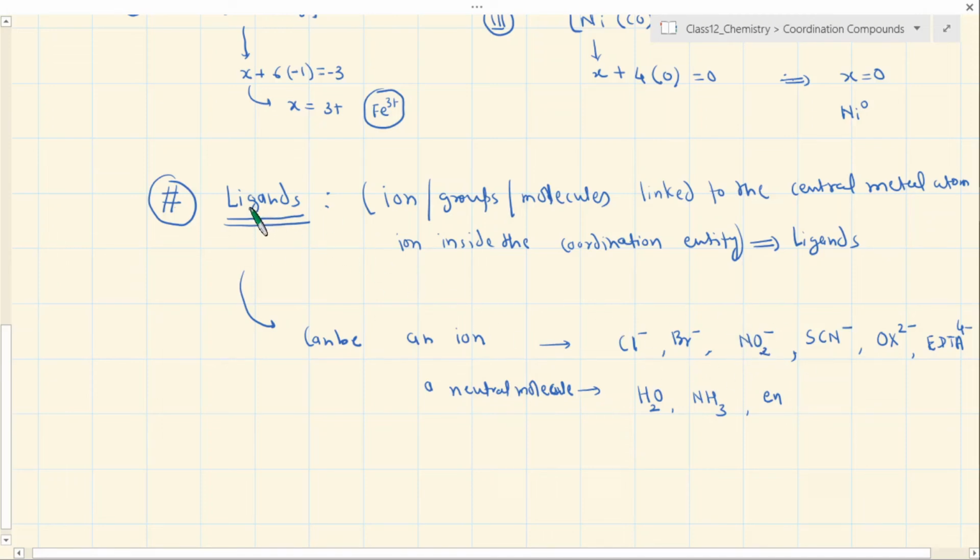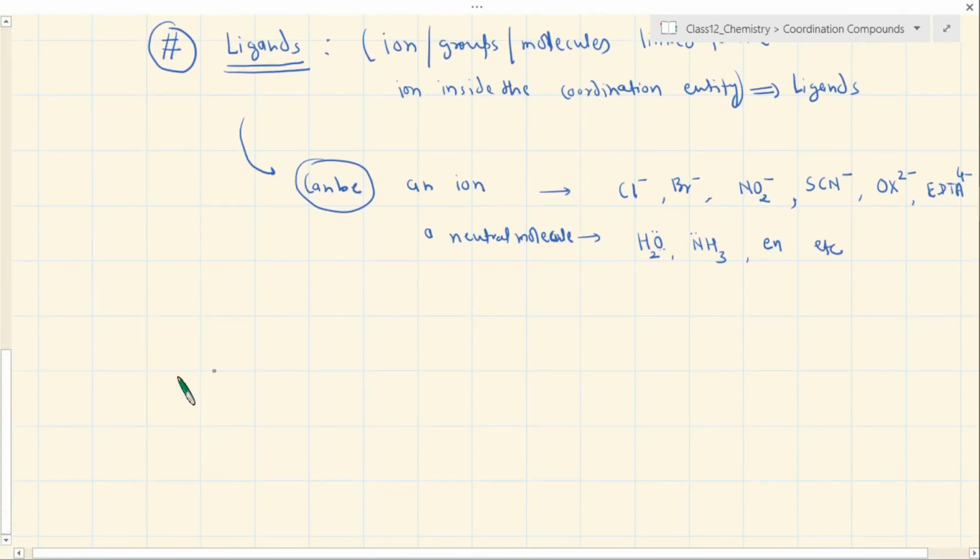There could be a negative ion. You can notice one thing: in all the negative ions, there is a possibility of donating a pair of electrons to form the coordination bond, because they all have extra electrons, so they can share a pair of electrons. In the case of neutral molecules, it is the lone pair which exists on atoms like oxygen or nitrogen, correct? In all of them you will find at least one of these kinds of atoms which carries the lone pair of electrons, and that is what is responsible for coordination bonding. So coordination bonding generally is formed with the metal by the ligands, and the ligands can be negative or they could be neutral molecules. Okay, so here are a few of these general examples.